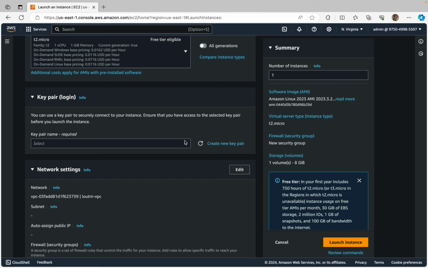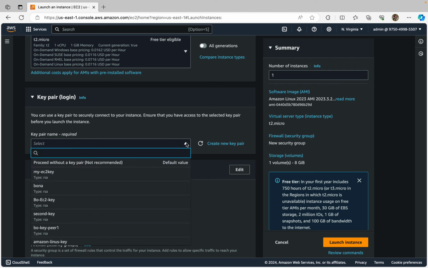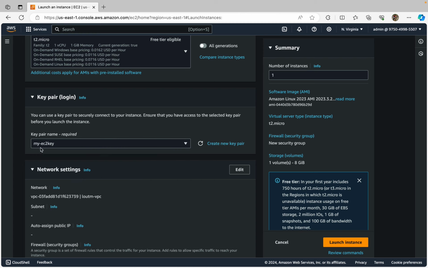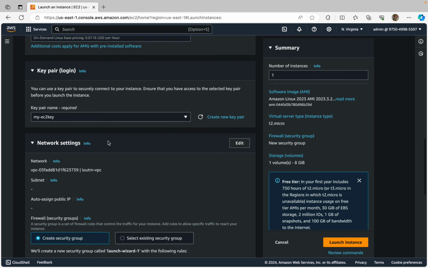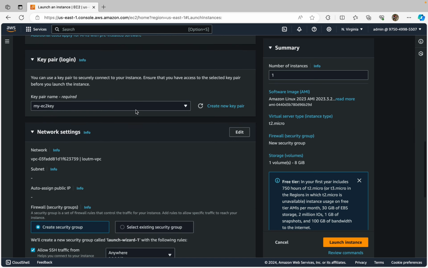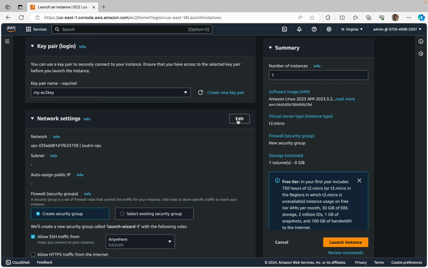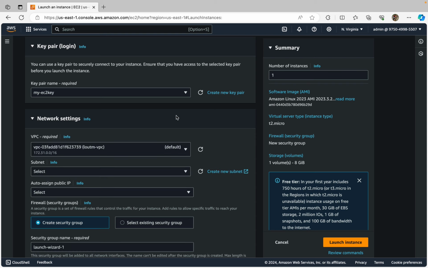I will go to key pair here, and I will choose the key pair that I already have. I can choose this one, my EC2 key. If you don't have a key, you can always come here and create one. Then let's go to network settings. If we come here, we can edit it,